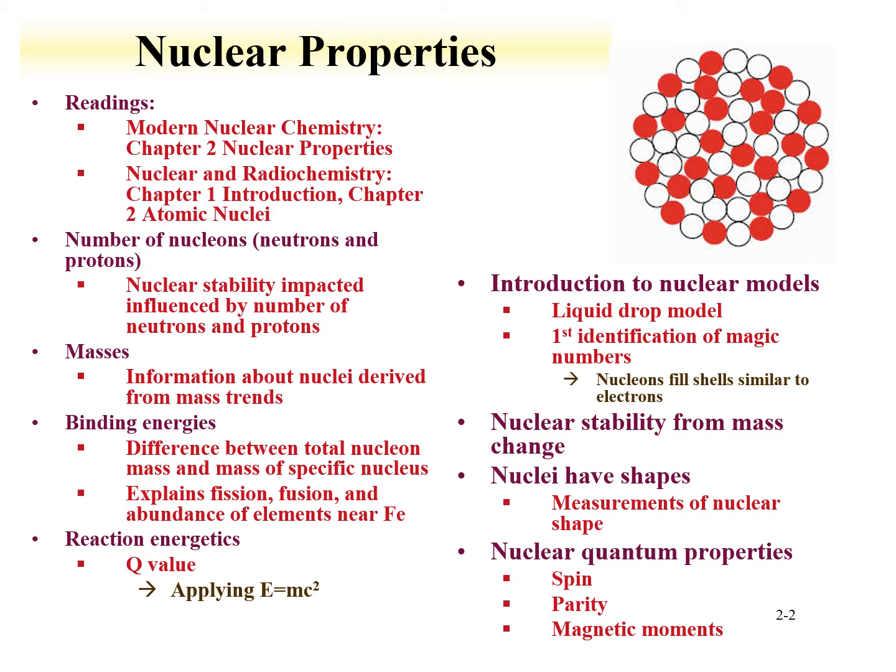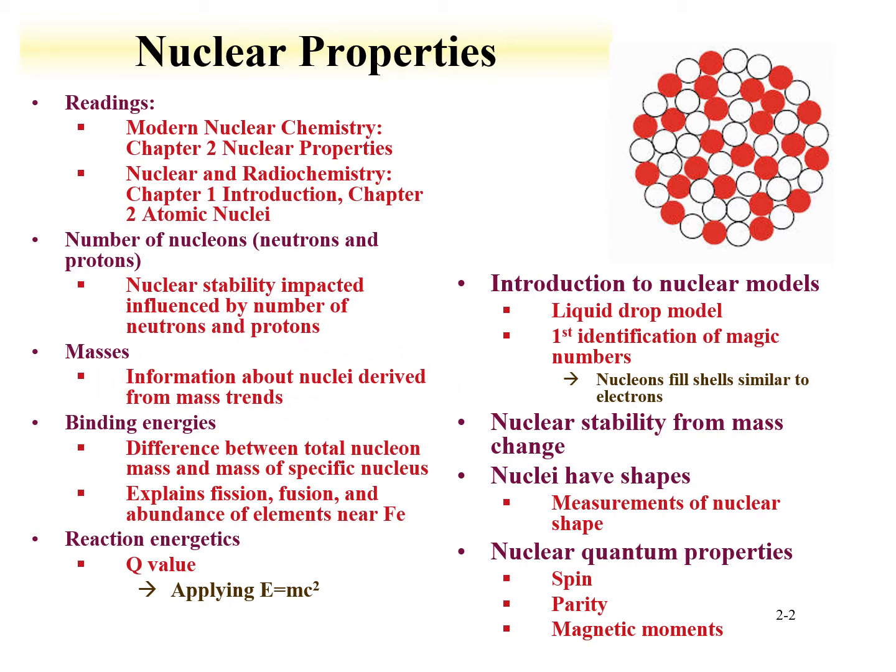These include that the number of nucleons, the neutrons and protons, have an influence on the nuclear properties. We're going to see that nuclei with odd numbers of protons and odd numbers of neutrons are inherently unstable. In fact, there are only 4 stable isotopes that have an odd number of neutrons and an odd number of protons. We're going to see that trends in masses of the nuclei are going to be used to determine information